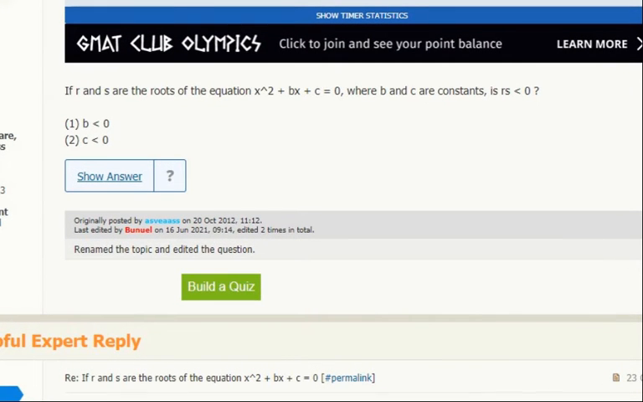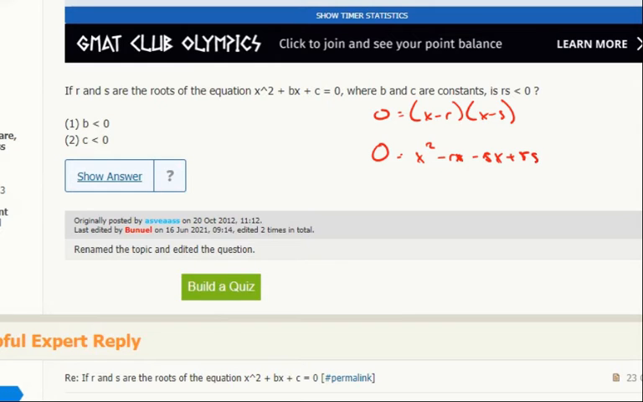Okay, so got a quadratic. R and S are the roots, so that means it's like x minus r and x minus s equals 0. Those are the roots, meaning that they're the two values you get when you reverse FOIL the quadratic. So one thing I can do is say, okay, that's 0 is x squared minus rs minus x minus sx